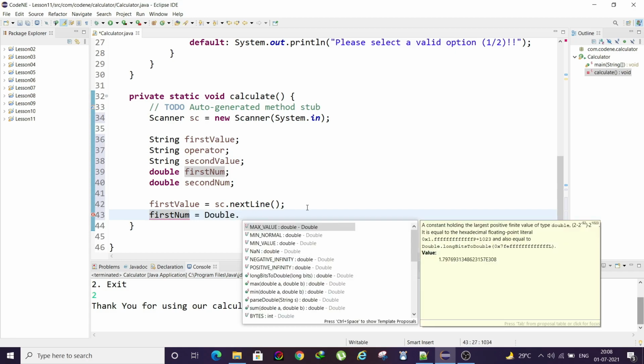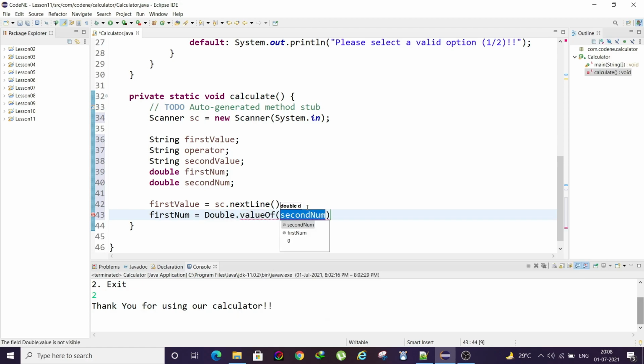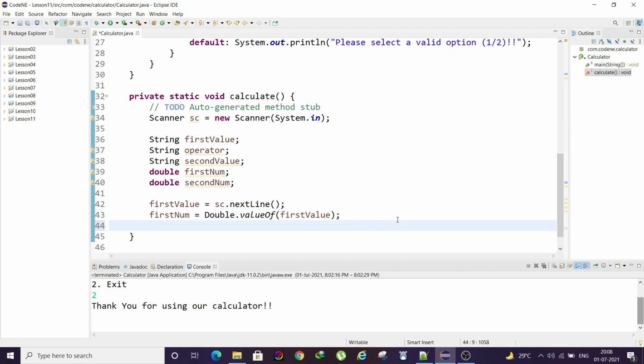To convert this string into a double value, we need to use the Double class, Double.valueOf. This valueOf method will take some value inside it as an argument, and then convert it into a double data type. So here we will send first value. Got it?